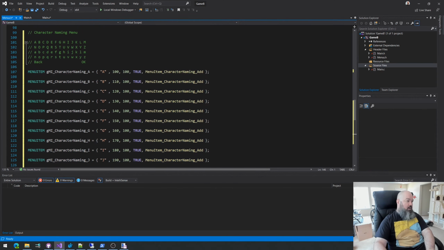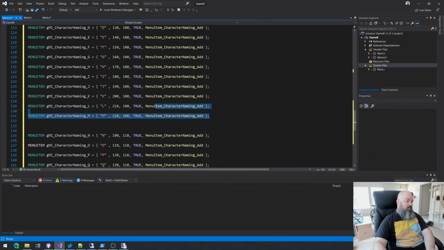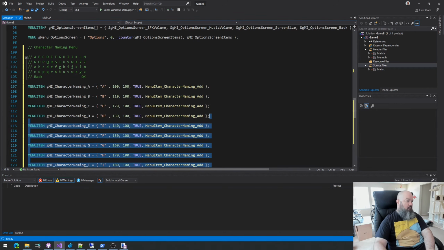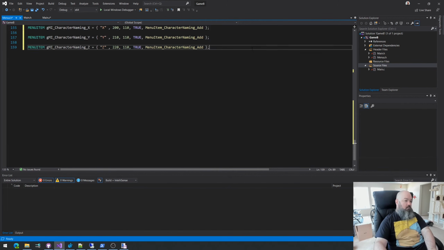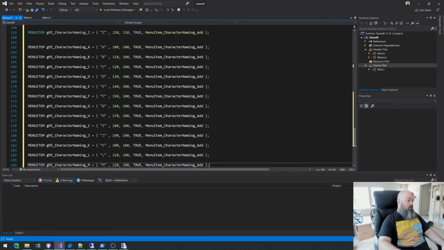Now we come to the third row, which is going to be just like the first row, only lowercase. And as you can see, the variable names are case sensitive, so it's okay for me to do this. A, B, C, D, E, F, G, H, I,